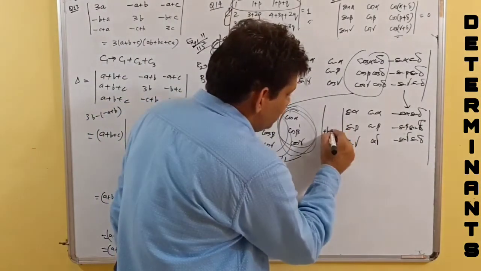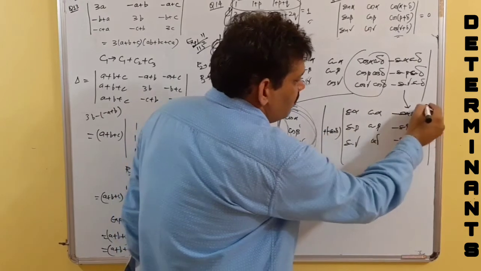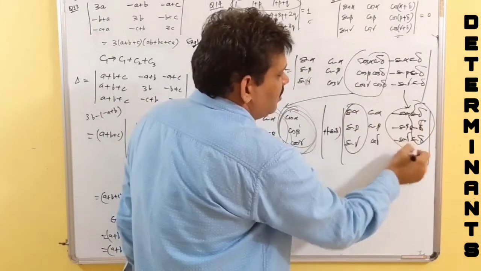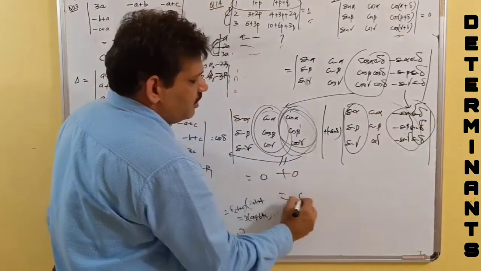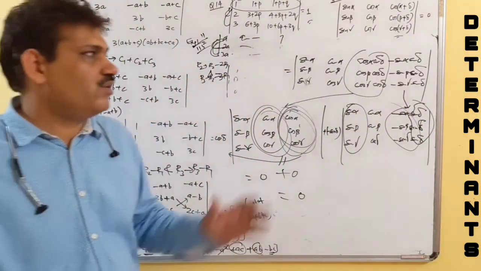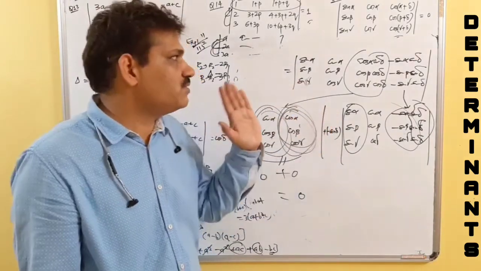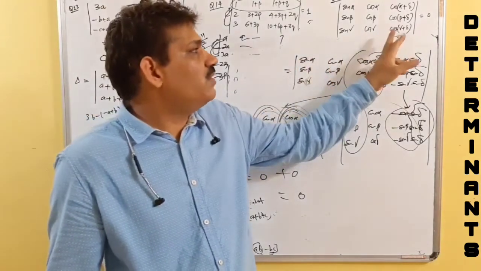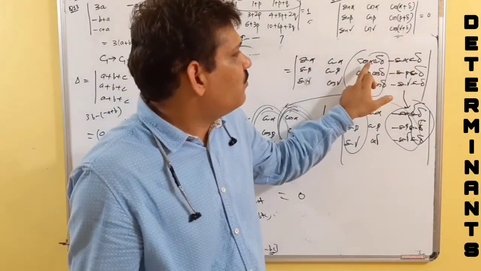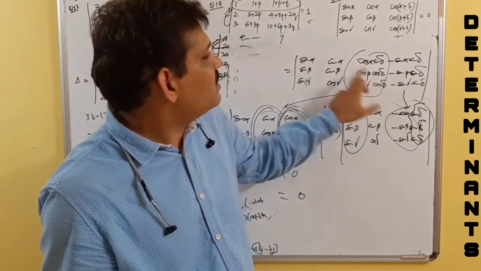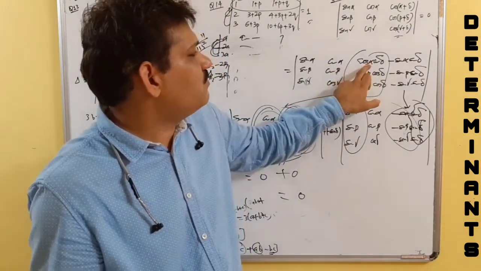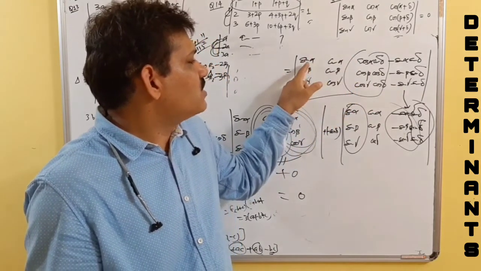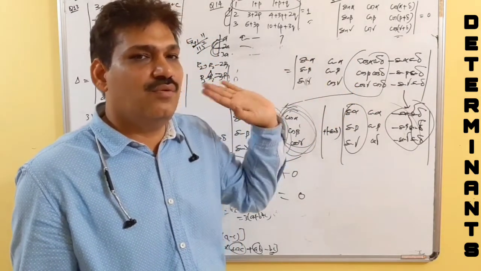Here you take minus sin delta common, so sin alpha, sin beta, sin gamma, sin alpha, sin beta, sin gamma, you will find these two columns identical, this will give you 0. We'll talk about these kind of questions again. So this is how we do, right? Either you can split it up or simply apply, because you have cos delta multiplied by this minus this, so C3 becomes C3 minus cos delta times C2 plus sin delta times C1.